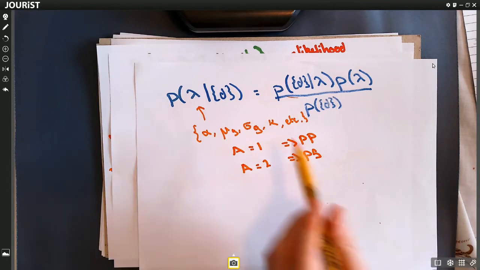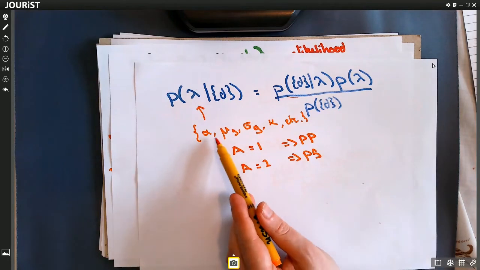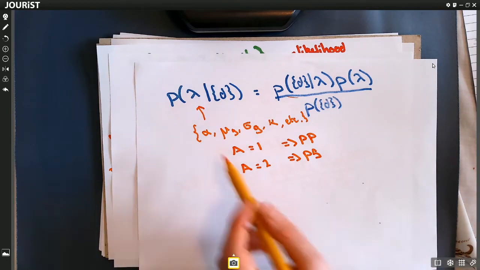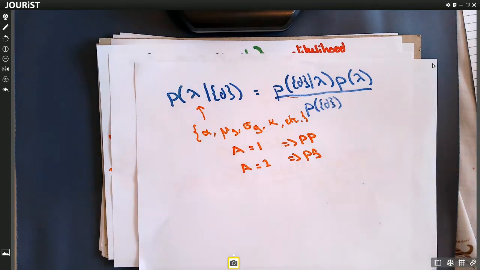So in this particular case, I'm just going to take the model as fixed, the particular phenomenological form is fixed, but varying the hyperparameters to see which hyperparameterization best fits the model.